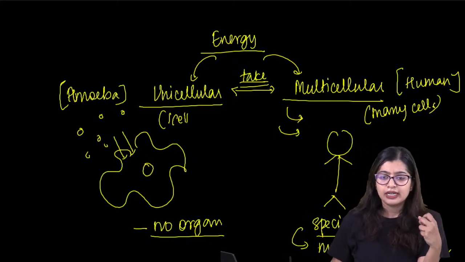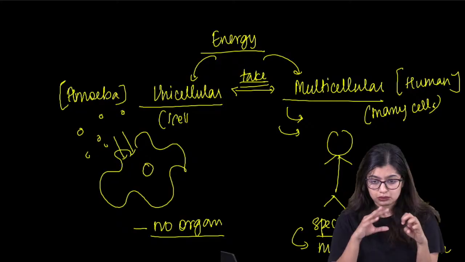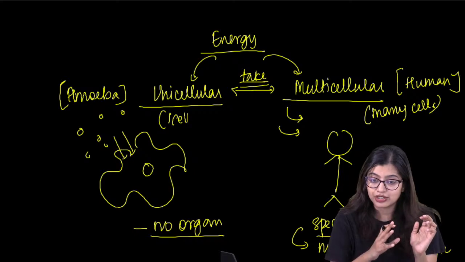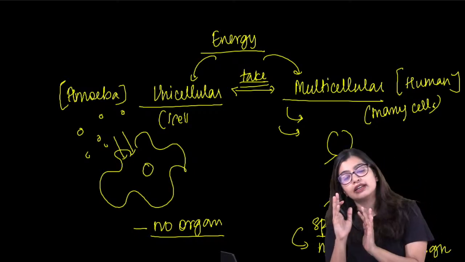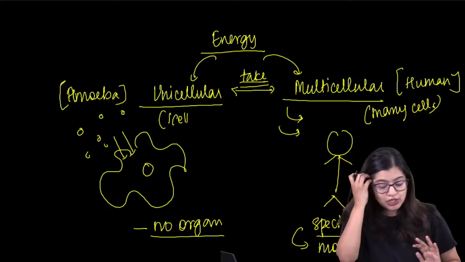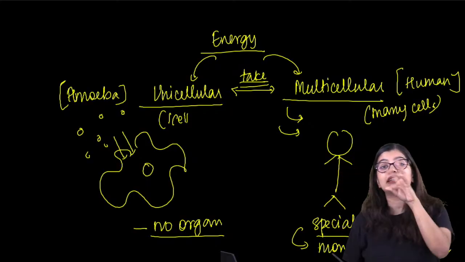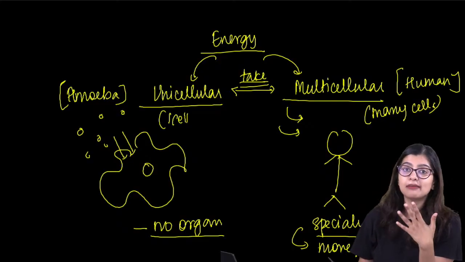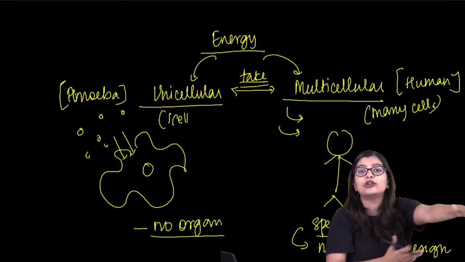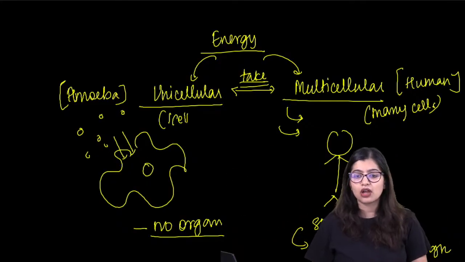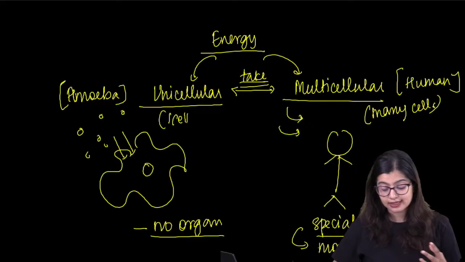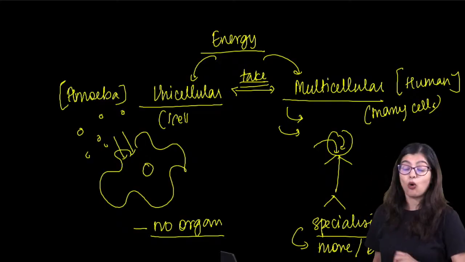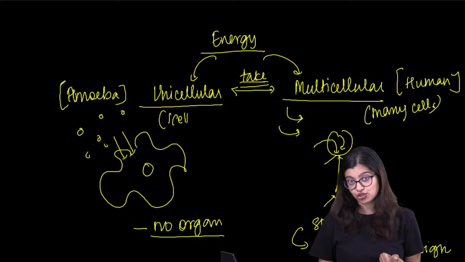What is diffusion? Diffusion is nothing but the process where there is movement of substances from a region of higher concentration to a region of lower concentration, right? So in this case, through the entire cell surface, this process is able to happen. But what about in yours and my body? Do you think if we stand outside, oxygen is just going to diffuse into our body? No, that is not the case, right? Which is why we have specialized structures.